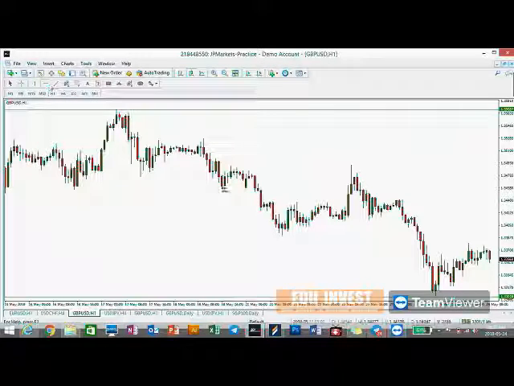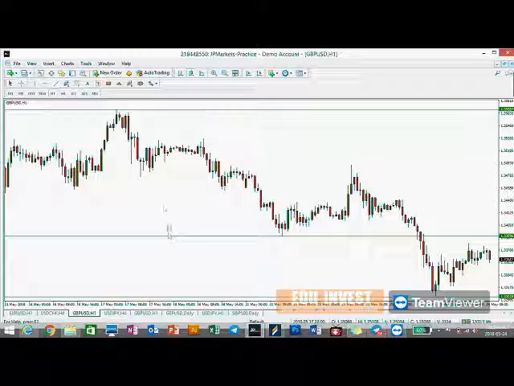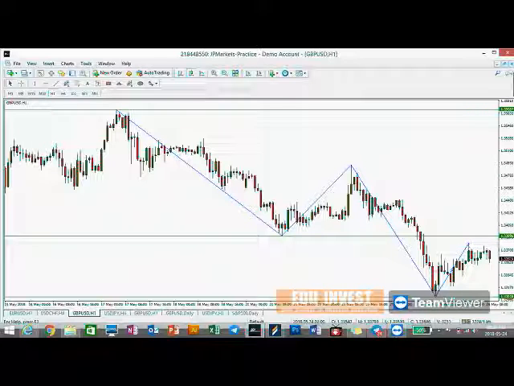If I was to just show you an example, if I was to look at it from this angle over here, it was because of this trend that we found over here that we got this retracement over there. And as a result of that, it is because of this trend over here that we got this retracement over here. So if I was going to draw in the fib,